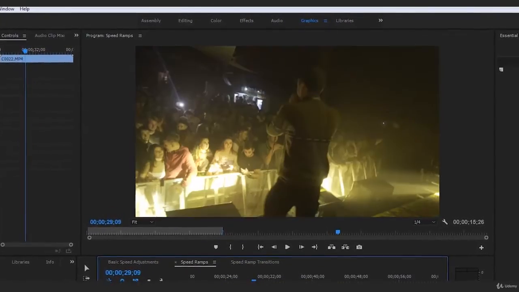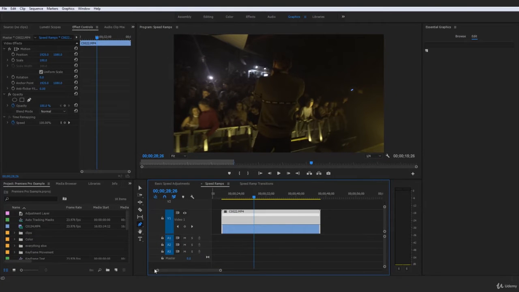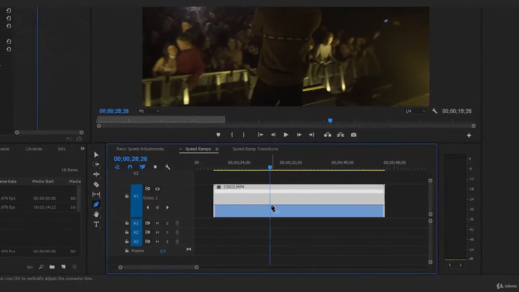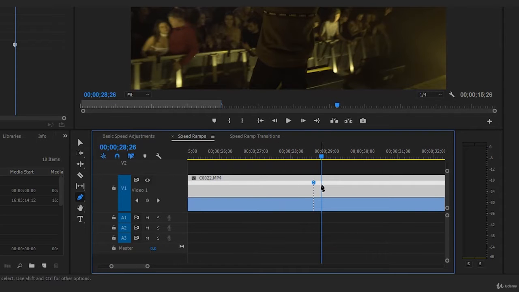So for example, right here, let's find a place where you guys would want to maybe start doing the speed ramp. And let's go ahead and click with the pen tool. If we zoom in, we notice at first glance, this has created one blue line. But in fact, if we click on this, and you see how the cursor changes from regular to that,